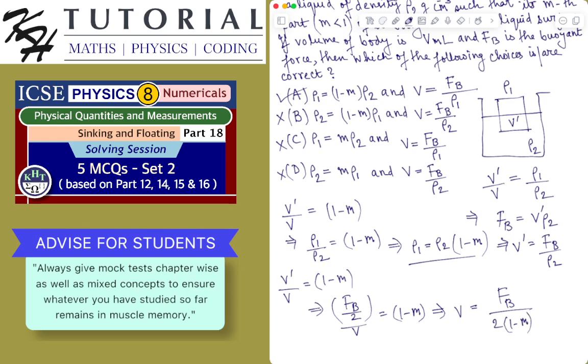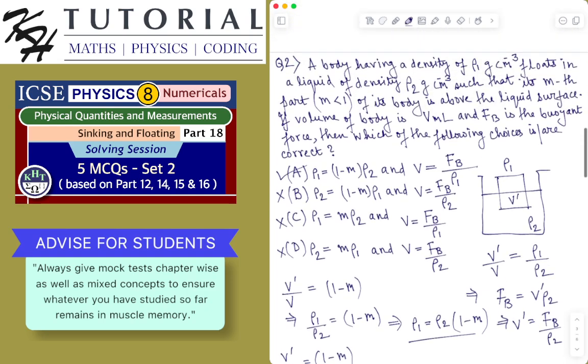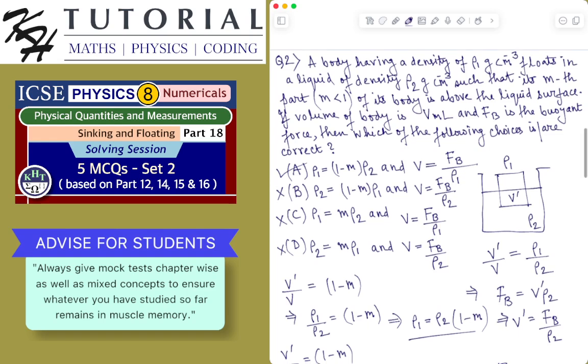Fb by twice 1 minus m. But in the choice it is given Fb by rho 1. Why Fb by rho 1? And V is equal to Fb by rho 1. The buoyant force